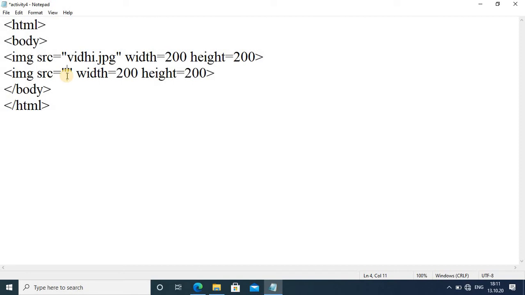It is on app drive, so I am writing app drive colon and slash, and then whatever folder is there. My photos folder is there. Then again give slash, and now vidhi dot jpg. This is my file, and now I will save this file and refresh it.